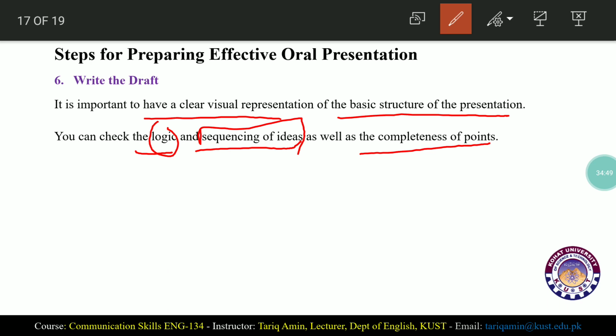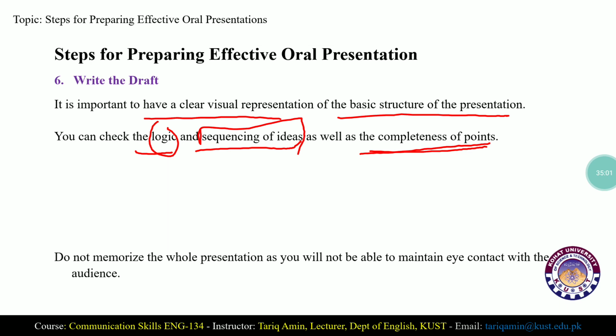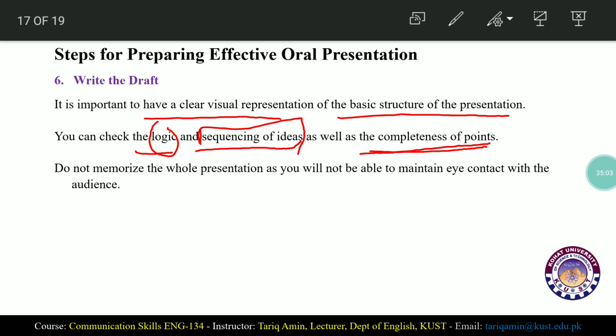So you should look at the sequence of your ideas as well as the completeness of your points. All of your main points must be complete. And do not memorize the whole presentation. It is not necessary for you to memorize the presentation, as you will not be able to maintain eye contact